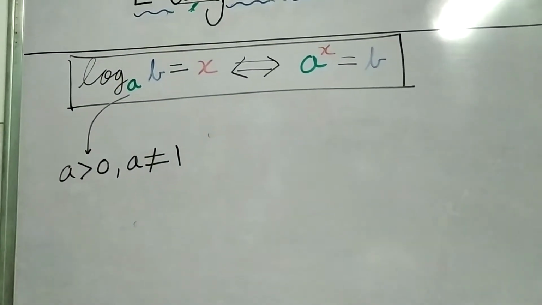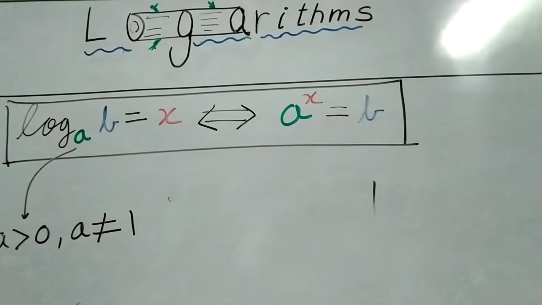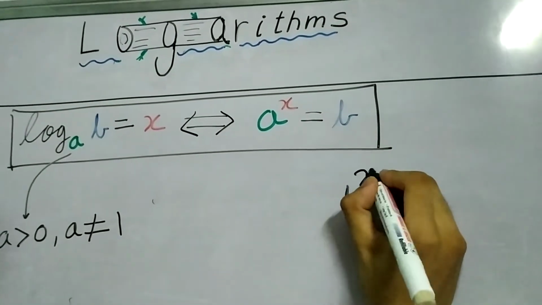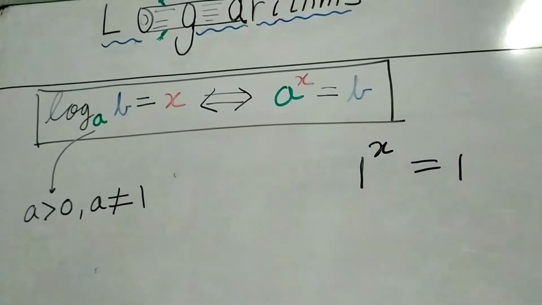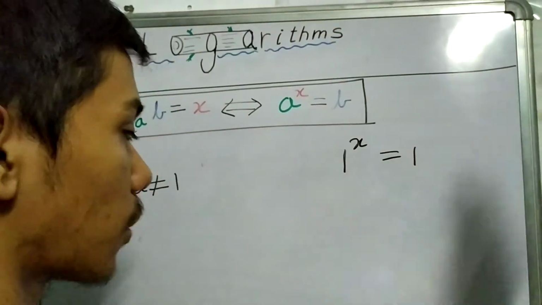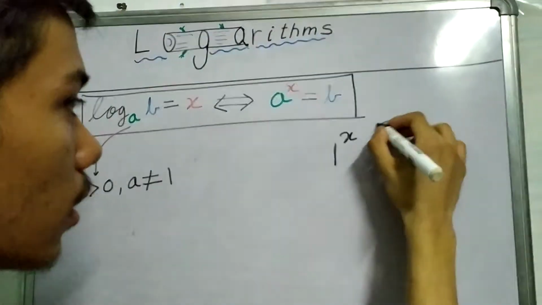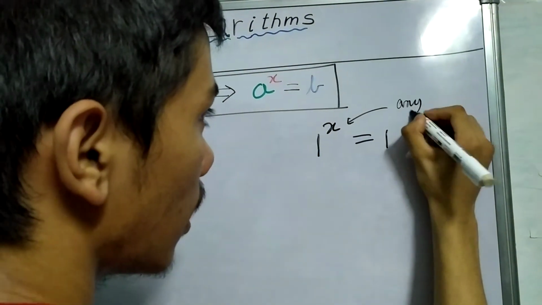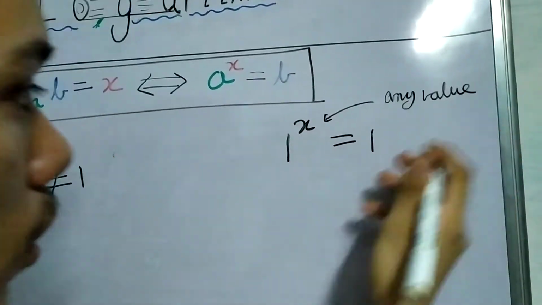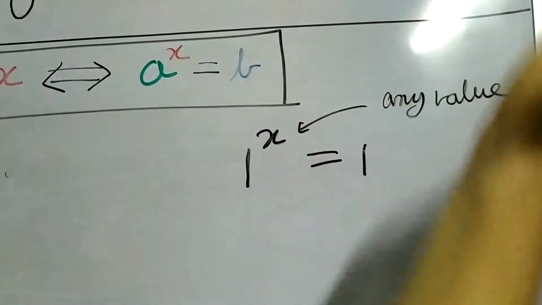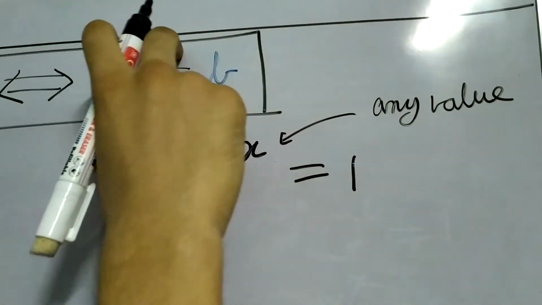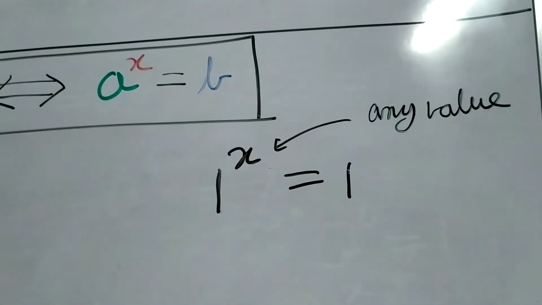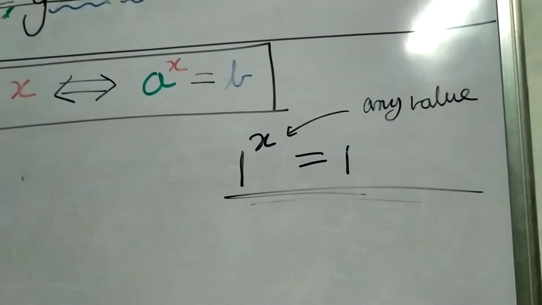Well, again it's the same case. You raise 1 to the power x, and you'll always get 1 no matter what the case. You keep raising 1, 10, 100, 1000, any value, and you'll always get 1. And this defeats the whole purpose of having logarithms, right? Something to the power something should give a different quantity, and clearly that's not the case.